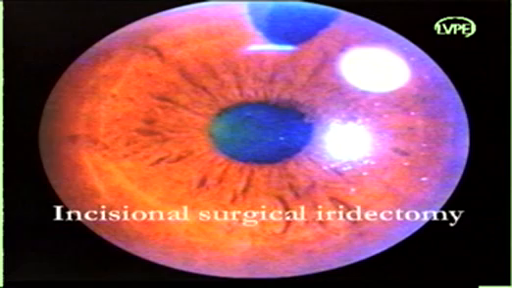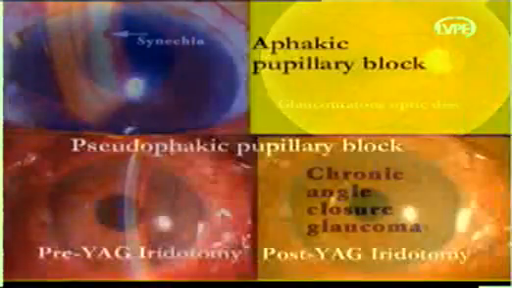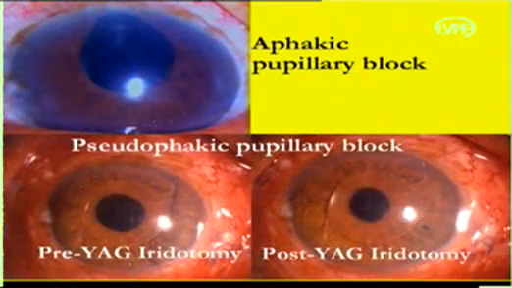Laser iridotomy is a safe, effective, and preferred alternative to incisional surgical iridectomy. The indications for laser iridotomy are primary angle closure glaucoma, aphakic or pseudophakic pupillary block, anatomically narrow angles and signs of previous attacks, incomplete surgical iridectomy,